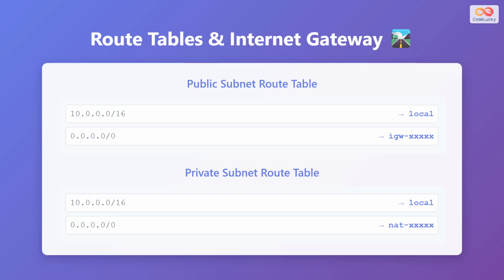Route tables are the key to controlling traffic flow in your subnets. Each subnet is associated with a route table that determines where network traffic is directed. In a public subnet's route table, you'll see 2 routes, one for local VPC traffic, which keeps communication within the VPC, and another route for 0.0.0.0/0, which represents all other traffic and points to an internet gateway with an ID like